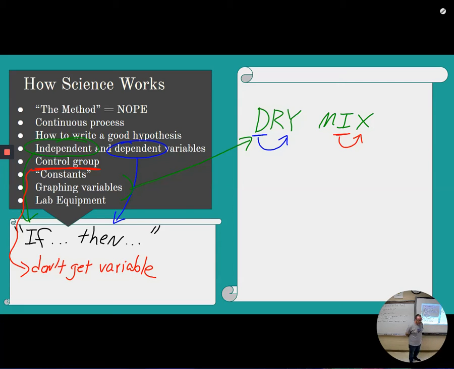If I want to pick up a really hot beaker, what are some different things I can use? I can use beaker tongs. What else? The hot hands. Yeah, the little rubbery thing. Also, if I've got a good pair of thermal resistant gloves, I can just pick it up with that. So there might be a few questions on there about apparatus. Does that make sense? Any questions about that? Okay.